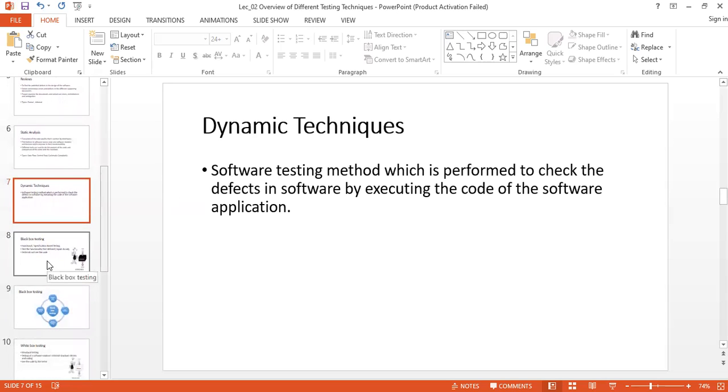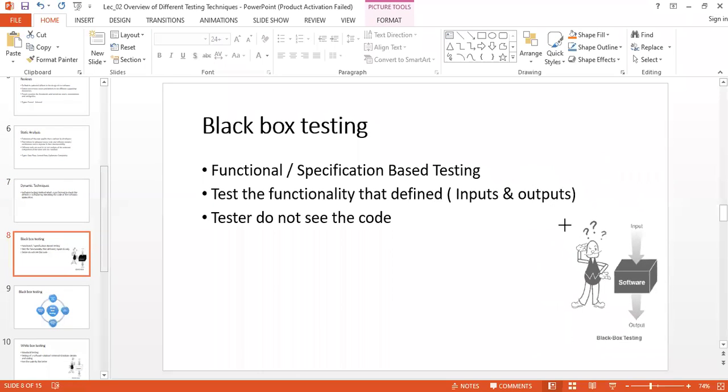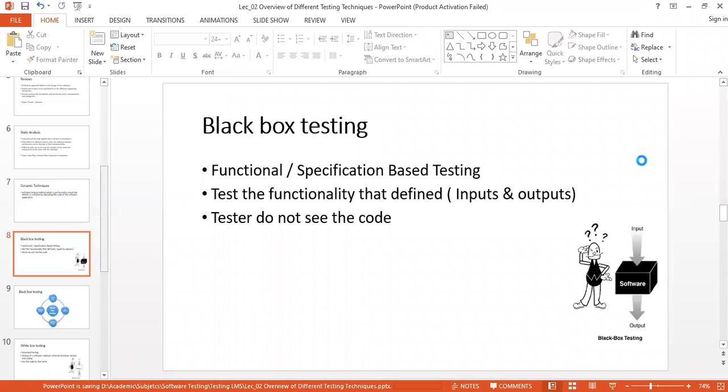So dynamic testing techniques are new to you. When it comes to black box testing, we basically think of the software itself as a black box. We can't see the inside, which means we can't see the code.